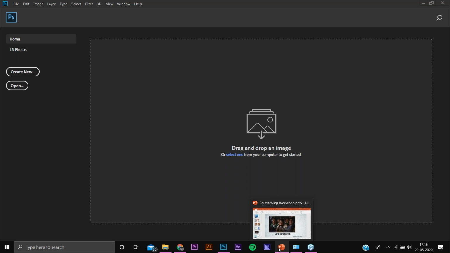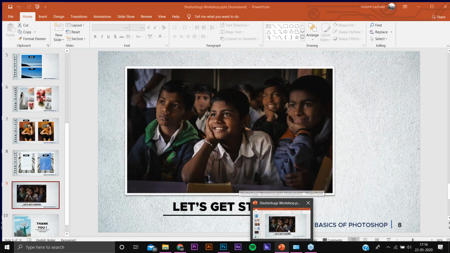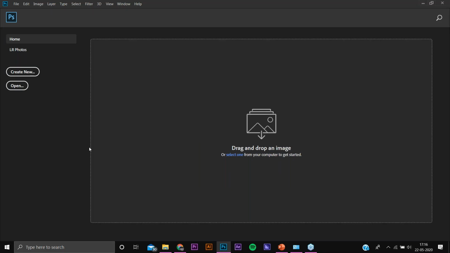Okay, so this is the basic overview of Photoshop. I have reset all the Photoshop settings, because I have a different workspace when I work, but for better understanding from both sides I have reset it and am starting it right now. Here are a few options: File, Edit, Image, Layer, Type, Select, Filters, 3D, View and Window. We are going to see them individually, and I will give an overview of them while doing it.